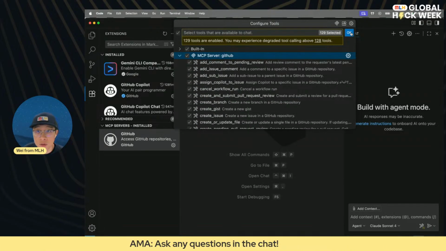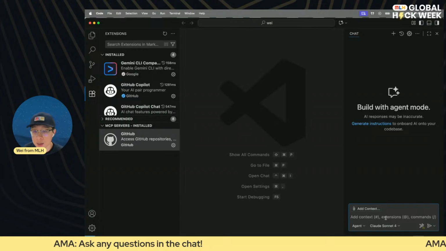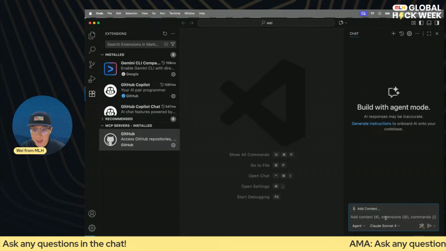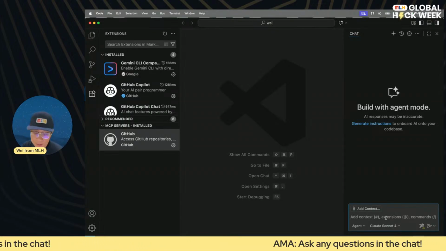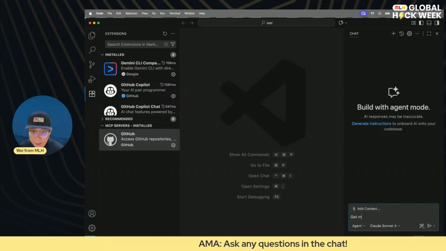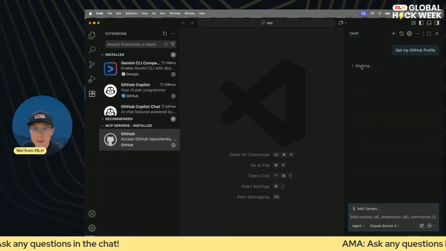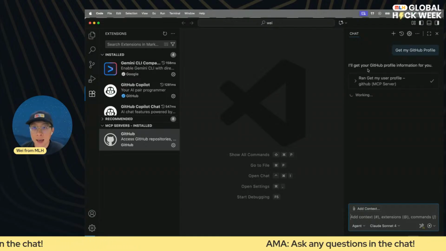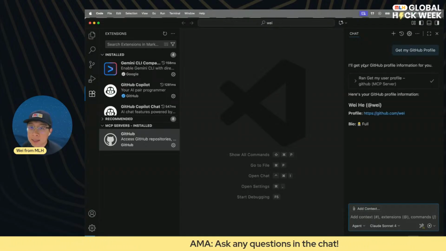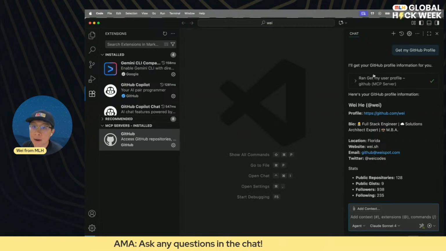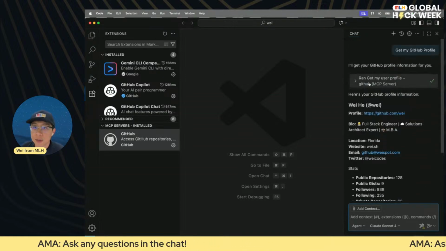So I'm just going to ask the AI agent a quick question here just to see if it's actually connected to GitHub. I'm going to say get my GitHub profile. So this says working, and then it correctly identified our GitHub MCP server, right?